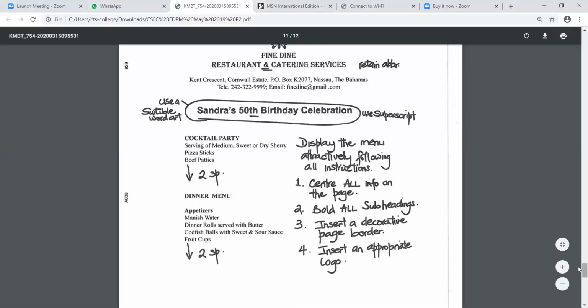Anybody who has the Microsoft Word screen up, can you tell me where in that application you are going to get Word art? Anybody who knows the answer? Where do we go to get Word art? Very good, Shavin. Yes, you will have to go to, I think it is Insert,